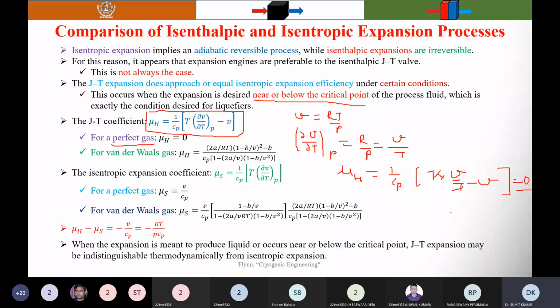So if you need a liquid yield, then the working fluid for this cycle is always chosen to be a liquid under ordinary temperature. Ordinary temperature means the critical temperature of the fluid is less than the ambient temperature. This is the region we are considering for the working fluids.